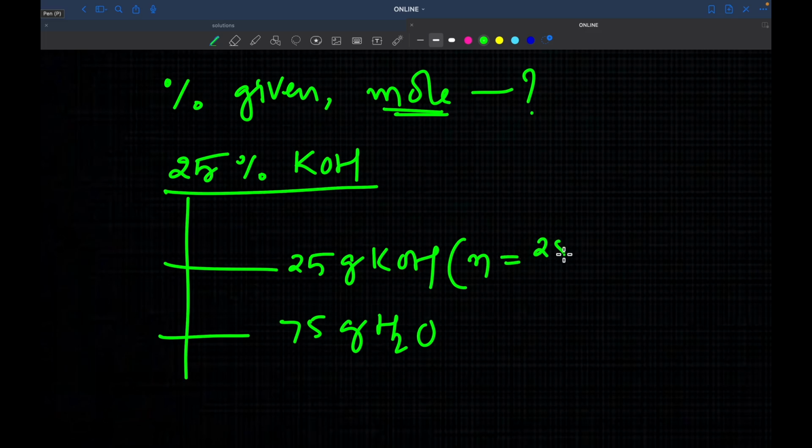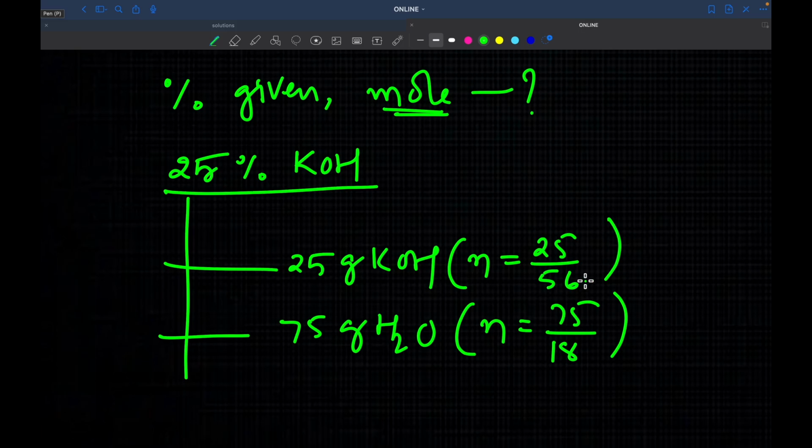equal to 25 divided by 56. These are the moles of KOH. So moles of H2O equals 75 by 18, where 18 is the molar mass of H2O. By dividing it we can calculate. So if a percentage is given to you, you can also calculate the moles of any substance, right? Next we'll move to